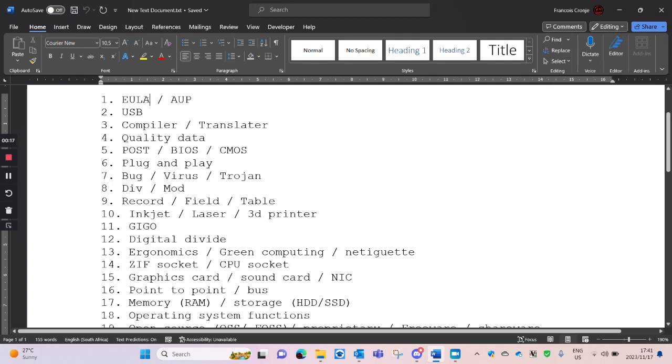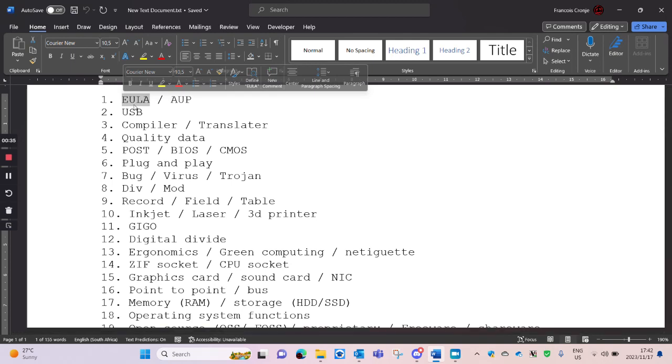All right, so EULA, end user license agreement, and the part where it says end user, that means if you buy software, this EULA is the document you get, or the one where you just say accept when you install new software, and they say you must accept this before you can go on. That is the EULA. It is a document or contract that you agree to by using other companies' software. And if you pirate or copy the program to other people, you can actually get sued because of this. So this is a contract between the user and the software company.